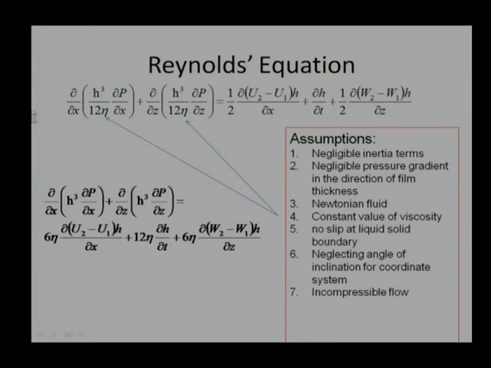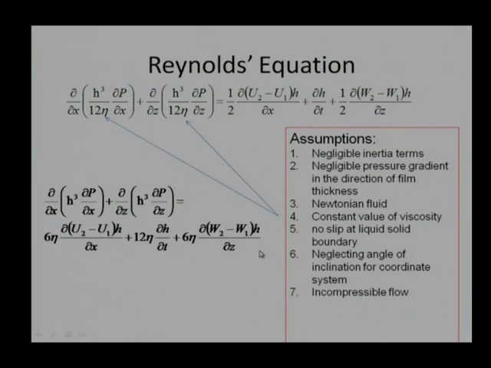right. So, if we take out this 12 eta, rearrange, and take it to the right hand side, this equation will be slightly modified. We say now instead of half, this term is a 6 eta, 12 eta divided by 2, it will turn out to be 6 eta. Similarly, in this case there is no multiplication, but here after taking this on the right hand side it turns out to be 12 eta into dh by dt. Here is again only half, which will be multiplied with the 12 eta. So, it will turn out to be 6 eta, and